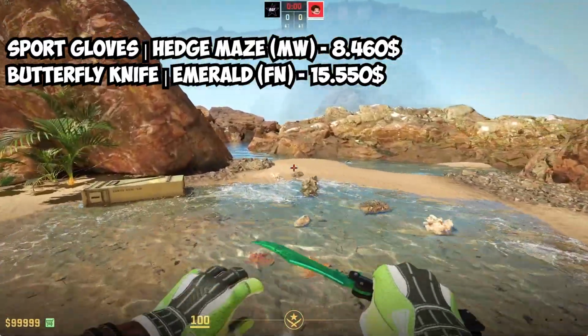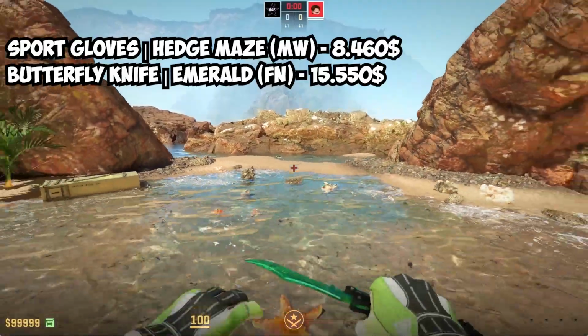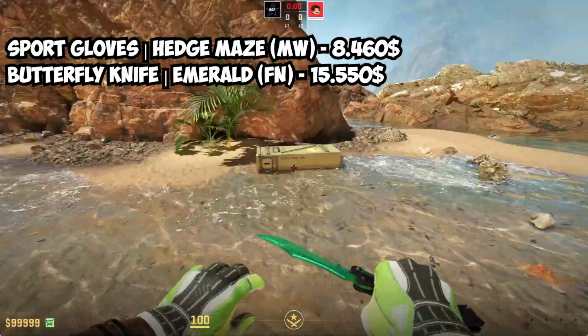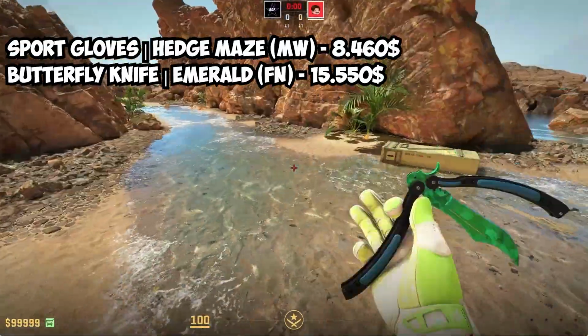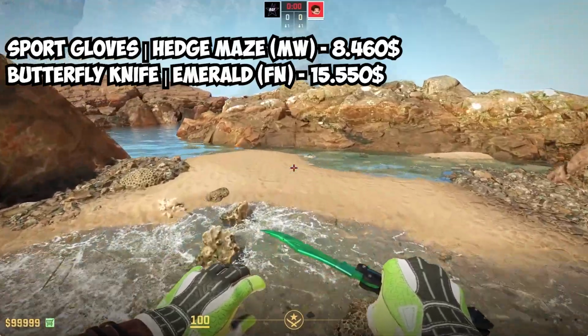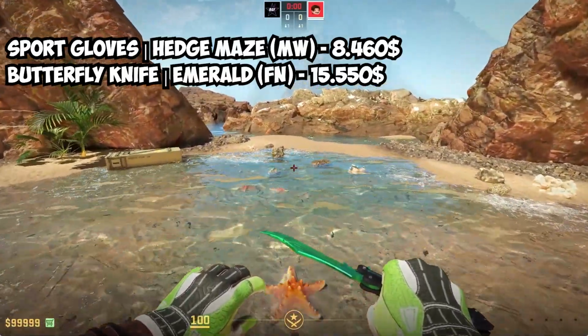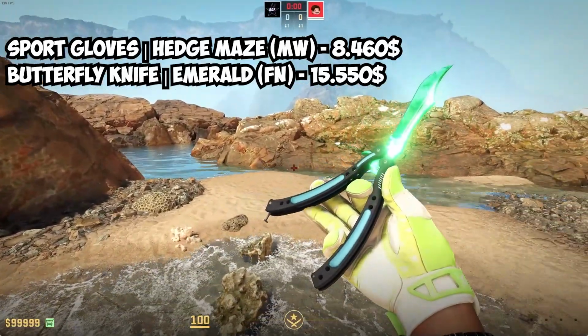And then you have the Hydra gloves. So again, with gloves you can go for some cheap ones or some really expensive ones, as I showed you, because we have the turtle gloves, so green knife and glove combos, which is like $140. Then we have the Emerald Webs ones, which is like over $500 to get well worn, and they're still really scratchy. Then we have the Hedge Mazes, which is like the top of the green knives, gloves, which